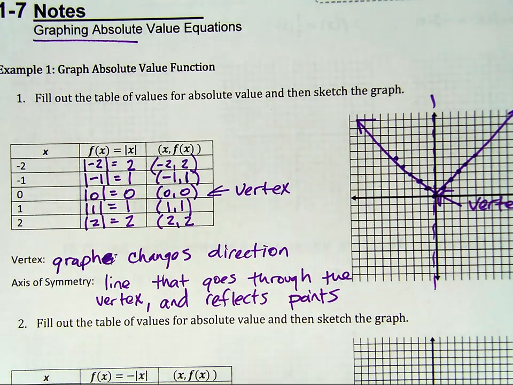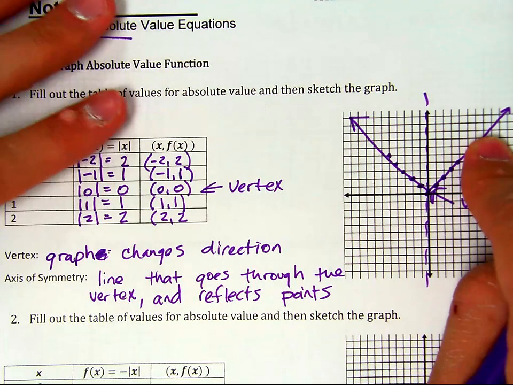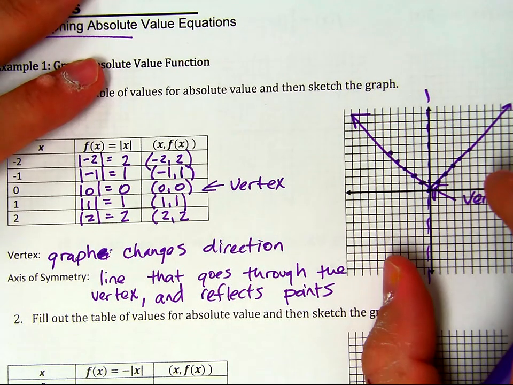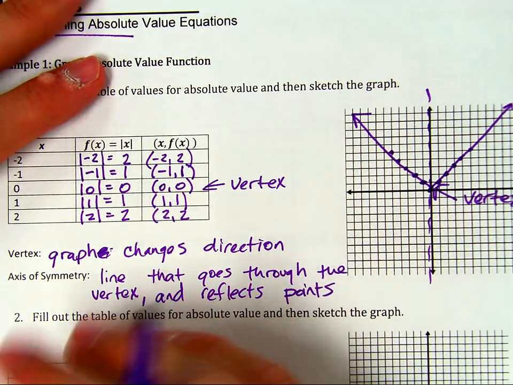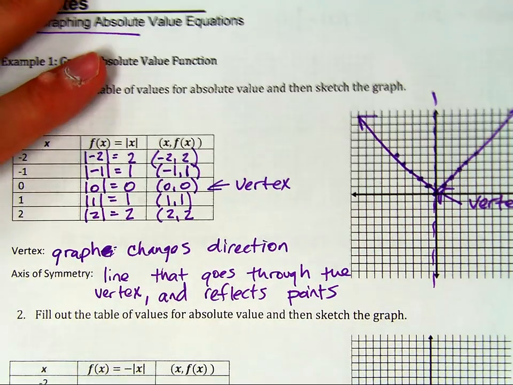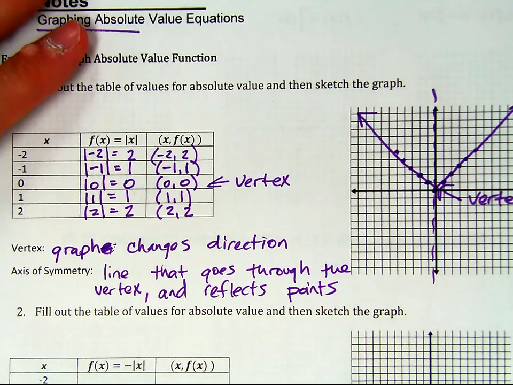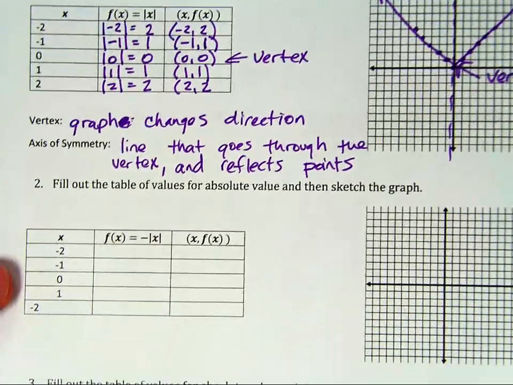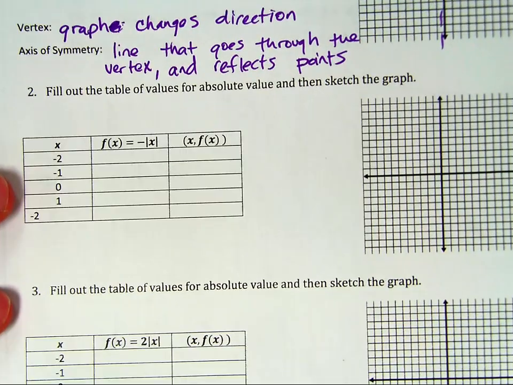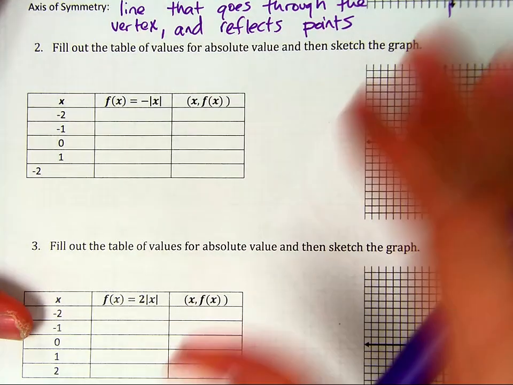So this general shape right here, this V-shaped graph, all of our graphs are going to look something like this. Right? So we're going to look at if we have negatives, if we have numbers multiplied to the absolute values, if we add, subtract, what that does to the graph and how we can sketch those graphs. Okay. The first couple here that we're going to do, we're going to continue to fill out the table of values so that way you can see the pattern. Okay, and then we'll graph some without the table of values once we get an idea of what the